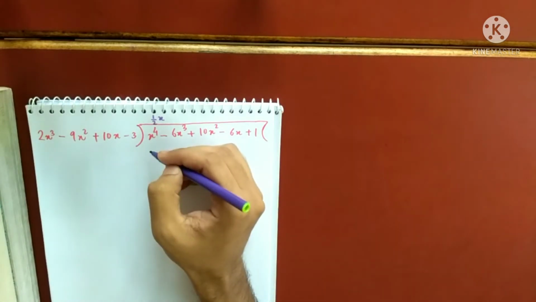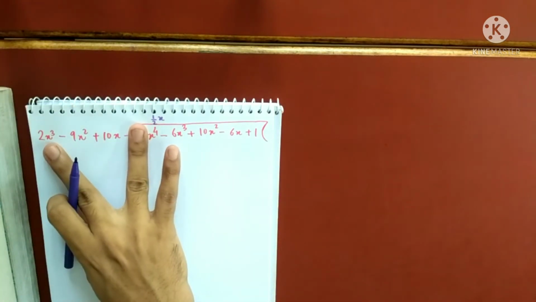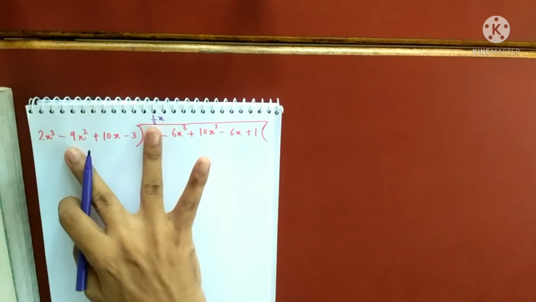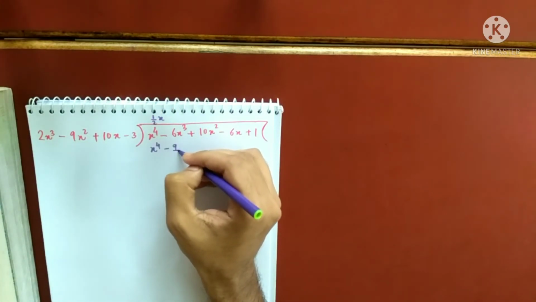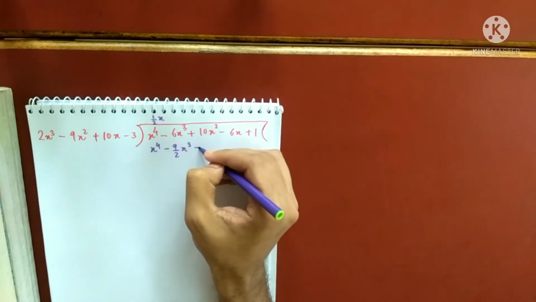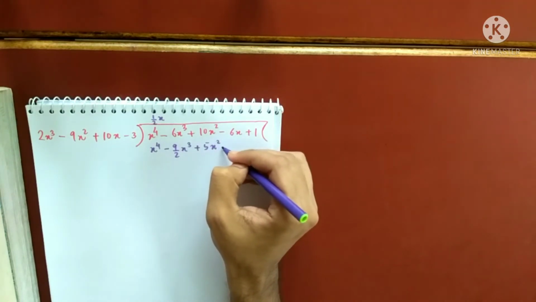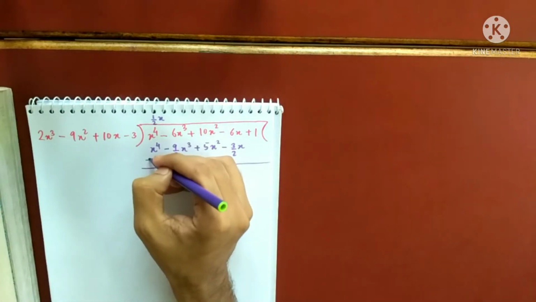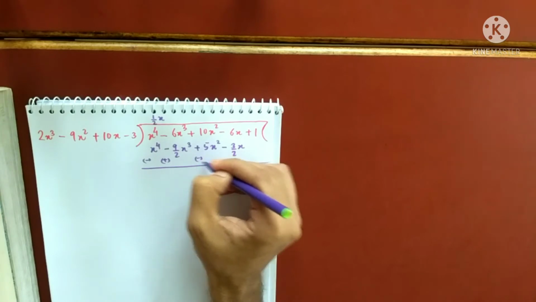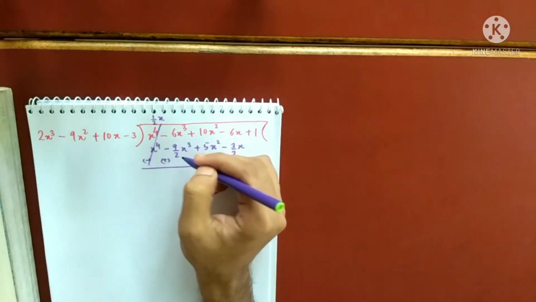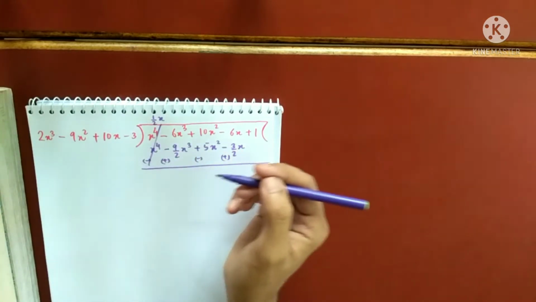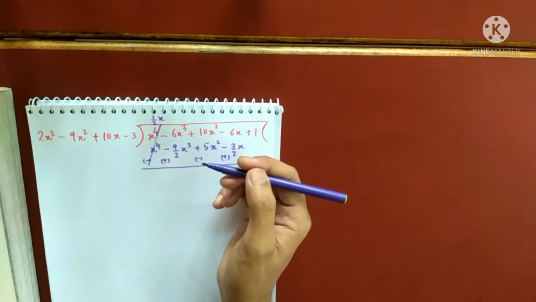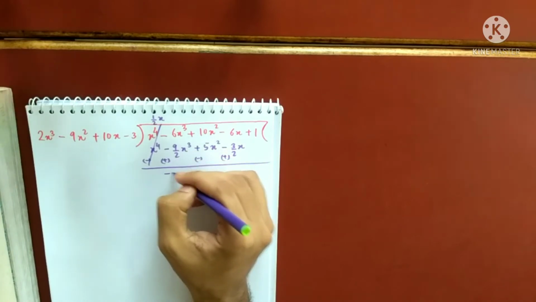So what will that become? 2 into half is 1, then x to the power 4, so that will get cancelled. Minus 9 by 2x cube plus 10 by 2 is 5x square minus 3 by 2x. So minus plus minus plus getting cancelled. Minus 6 minus 4.5, right? So minus 6 minus 4.5 minus 10.5, that is minus 21 by 2